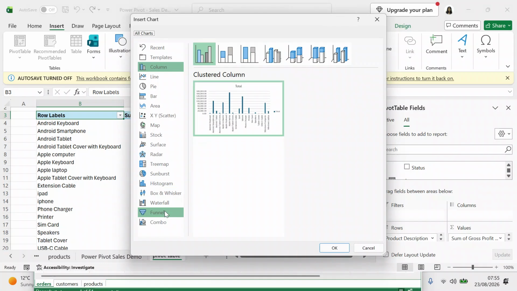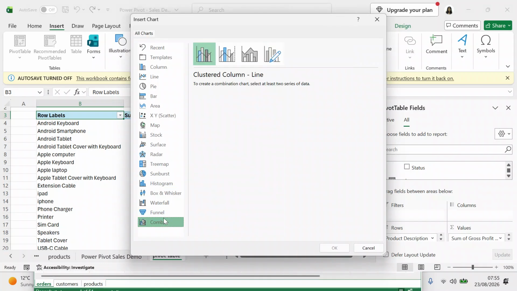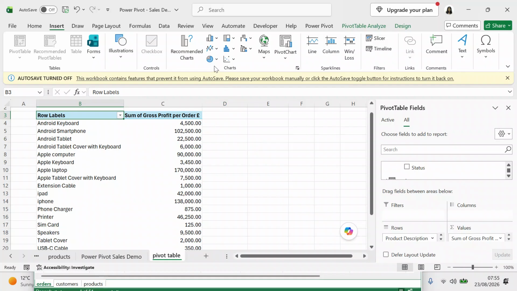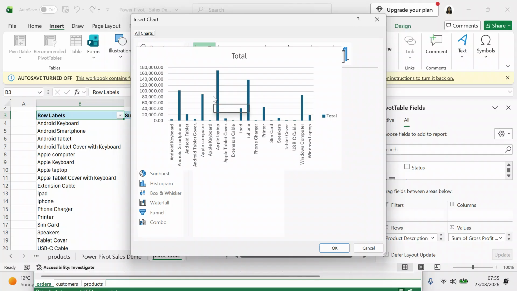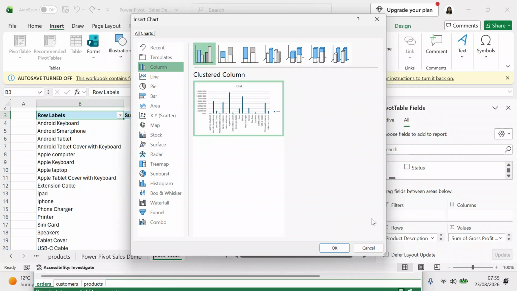And what I want to do is make a combo chart. I was going to do a combo chart because whenever I did it yesterday, I had the number of orders. But what we can do